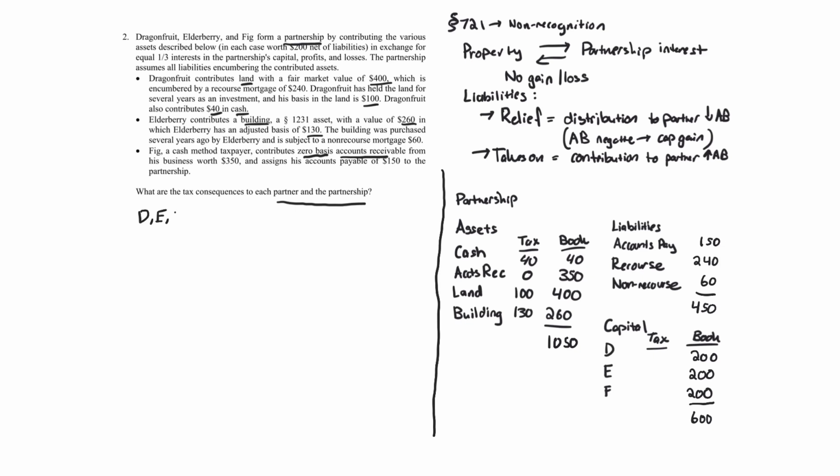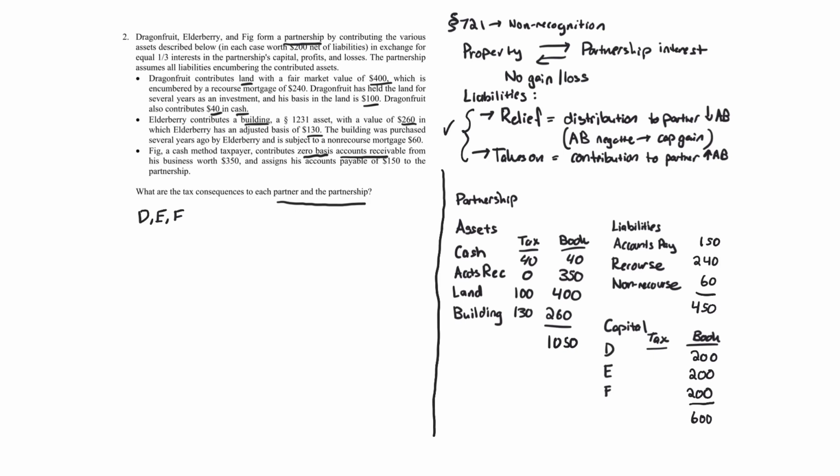We have to think about D, E, and F. No gain or loss recognized on the contribution of property. But we have these liabilities where there could be capital gain under relief. So here's the issue. It's a two-step idea, but the tax law puts it together in terms of the tax